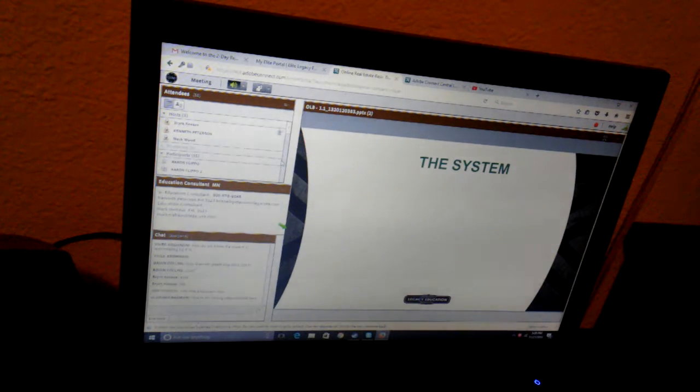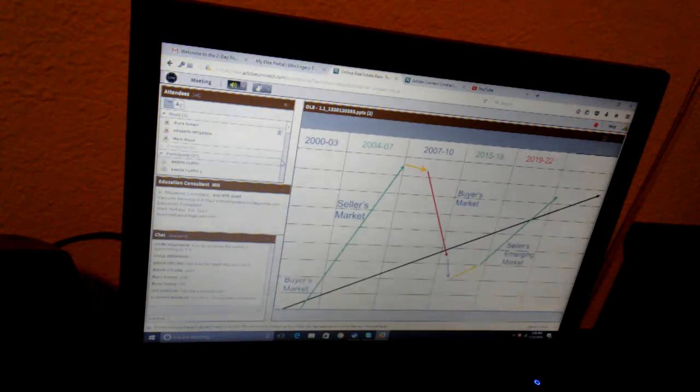Now, let me back up and take a look at what we've got here. So, why does this graph skip 2011, 2013? It doesn't. Let me go back through here and just explain to you. I'm not being unclear to you. It's just starting in 2000 and ending in 2022. I'm just giving you an overall